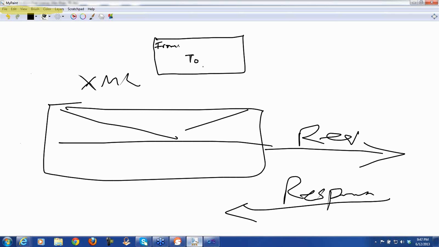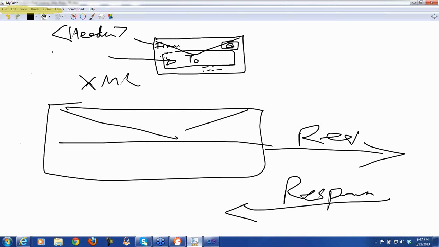You put your to and from here, right? And you put your stamp here, right? Whatever stamp you put in here, and then inside here you can put a check or you can put anything. So the outside information is represented in the form of a header. The inside information is represented in the form of a body, and to be precise, the inside information, let's